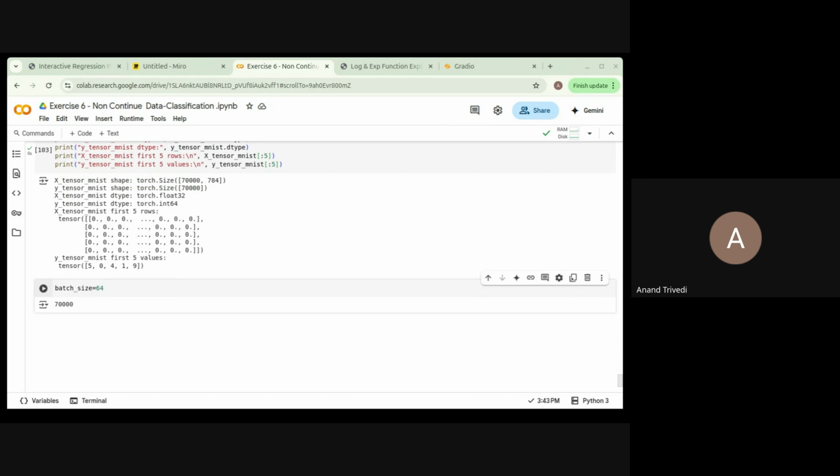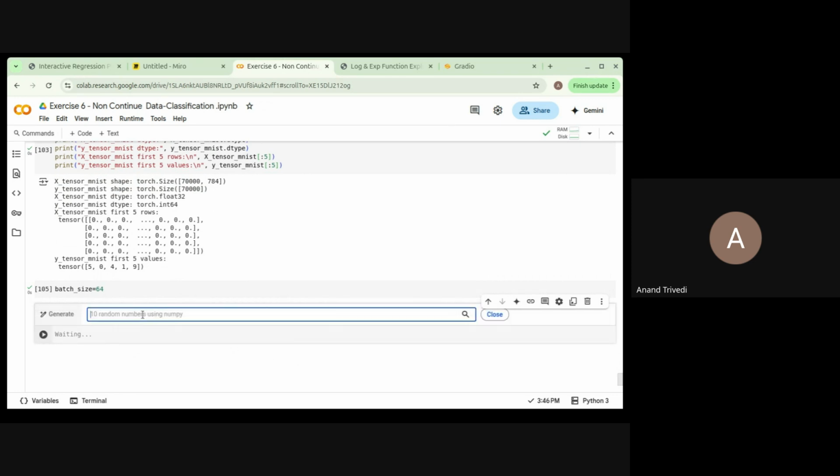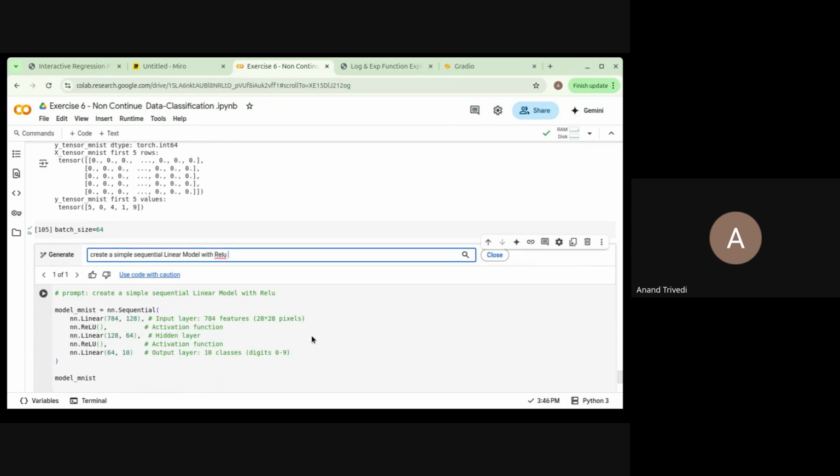Okay, hold on. Okay, all right. Let me try, and then create a model. Create a simple sequential linear model with ReLU. Okay, the simple sequential model. Now,